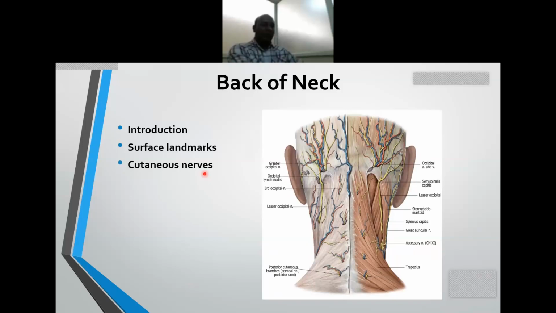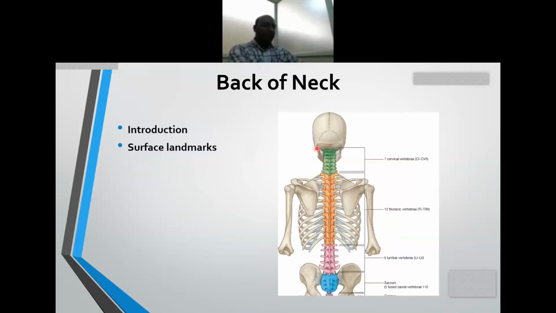Okay, so we'll be discussing the extent. The extent of the neck is from the superior nuchal line, and in the midline the external occipital protuberance, up to the C7 or the root of the neck. Okay, up to the C7 vertebra. That is the neck, and there are important muscles. Earlier, people were not very keen on the back musculature, but now we know quite a lot about the musculature in the back and how it works. But there are still some things which are not understood very much.